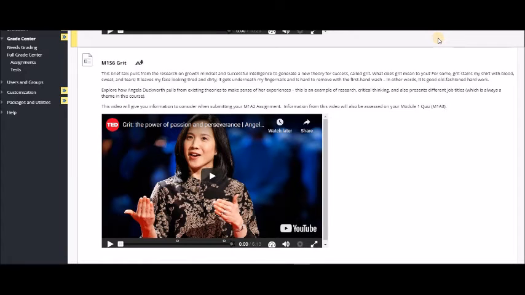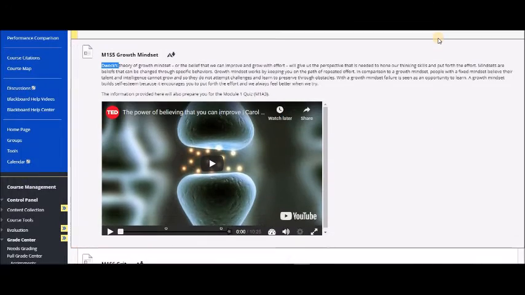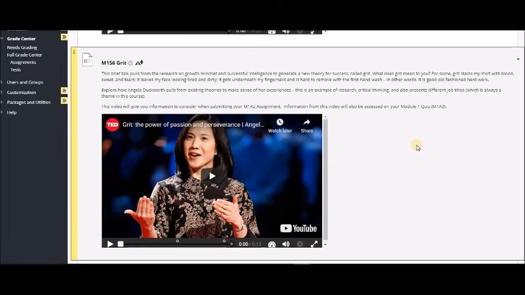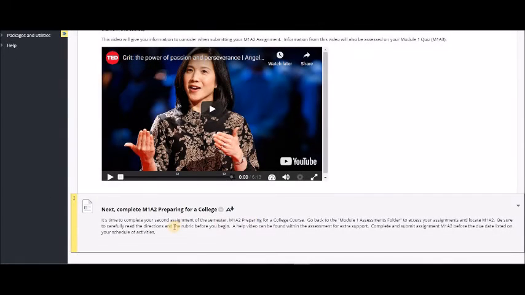Basically, the current thinking is that with a growth mindset attitude and grit, you'll be successful. You can't be successful without these two things. Okay? All right, and then finally this says we're going to go to the assignment called Preparing for College, so